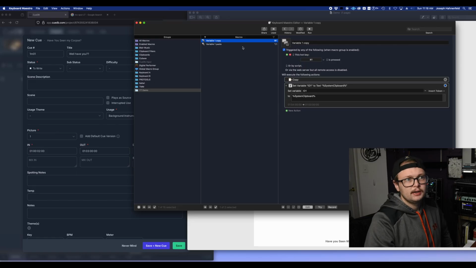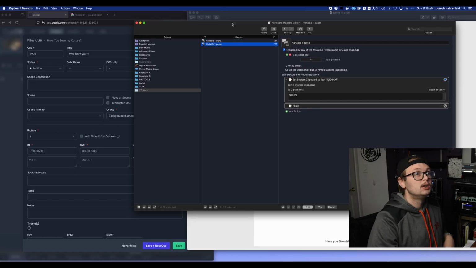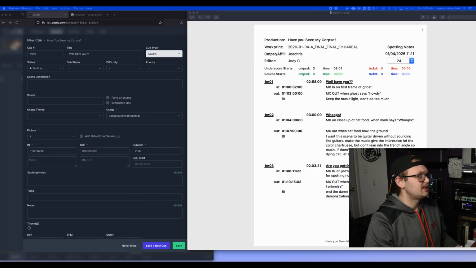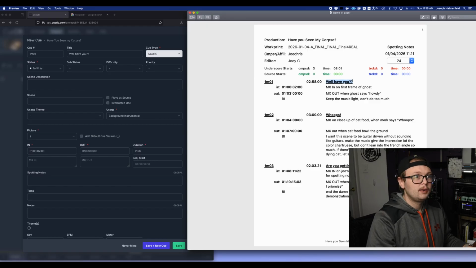And then it'll store it, and I can recall it as ID1 with a paste function. So what this allows me to do, I set this up from all my number keys, 1 to 0. I'm able to go, all right, have I seen my corpse? Well, have you? Command 1. And then I could do command 2,